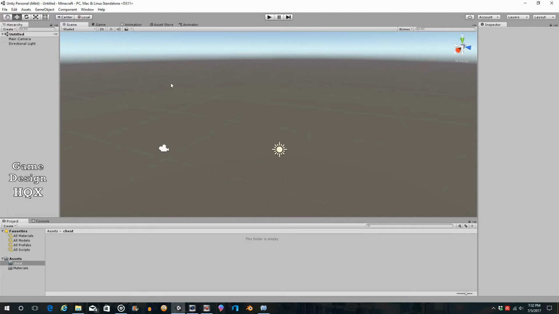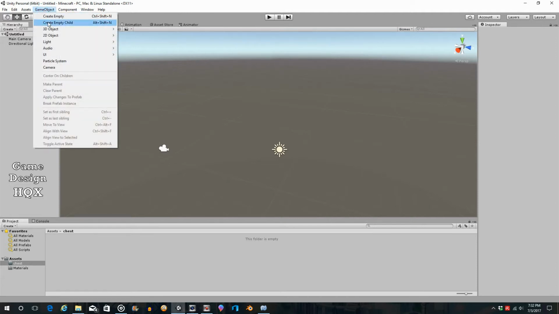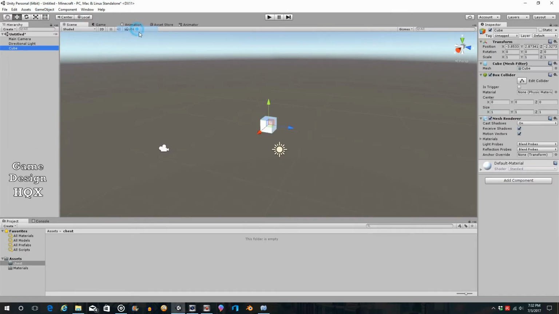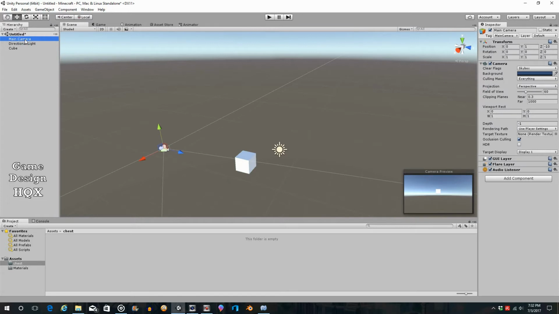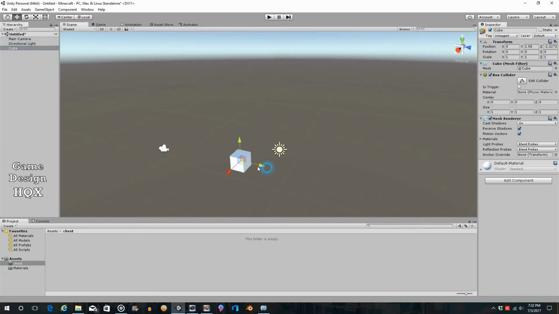So, this doesn't require a lot of explanation at first because it's just a matter of going up to Game Object, 3D Object, and Cube, okay? And then it's just a matter of assembling these cubes together. So right now I'm just positioning it in front of the camera, so nothing special about this. Just move it a bit closer. Okay, so